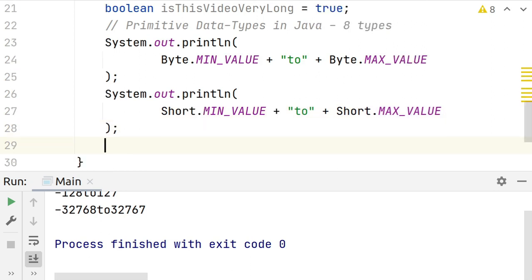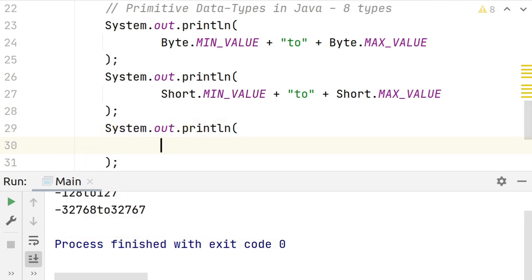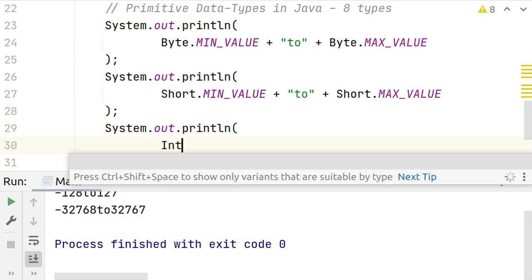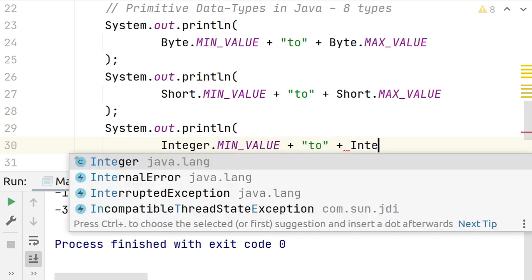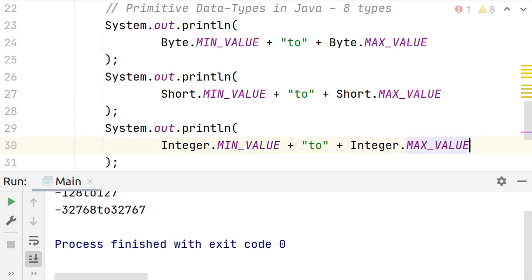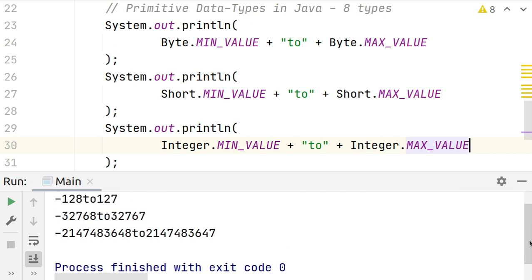Right, great, okay. So let's see byte, short, let's see integer min value to integer dot max value. Okay, right. So we have an even bigger number. So this is byte, this is short, and this is integer, right? You can pause the video and take in the huge difference in the ranges of these data types, right?